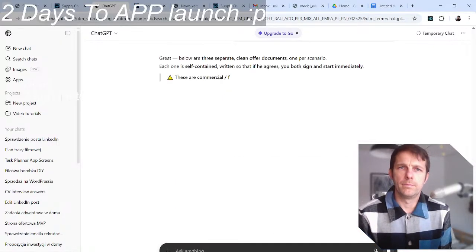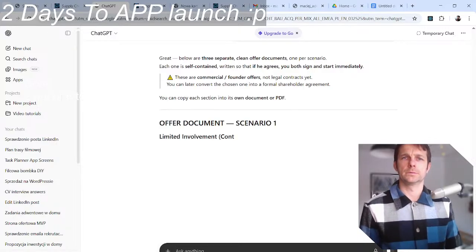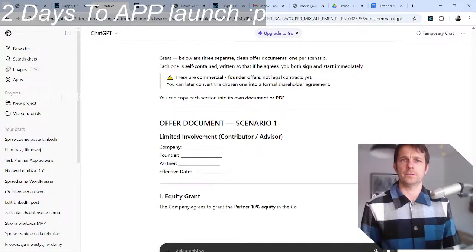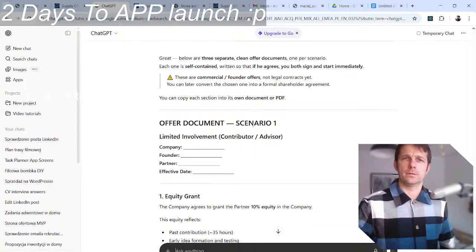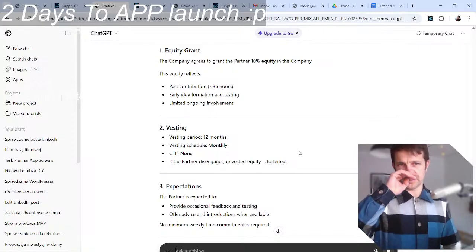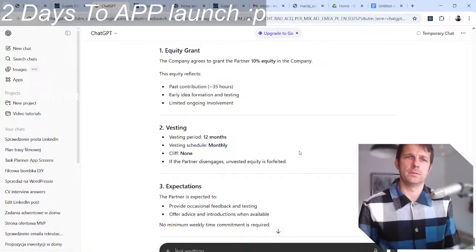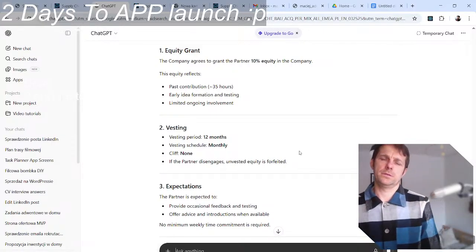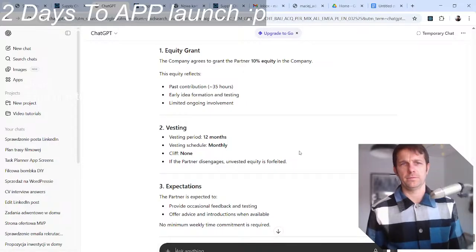Great. Commercial founder offer, not legal contracts yet. Chosen one formal shareholder agreement. Vesting period 12 months. Schedule monthly. Cliff.